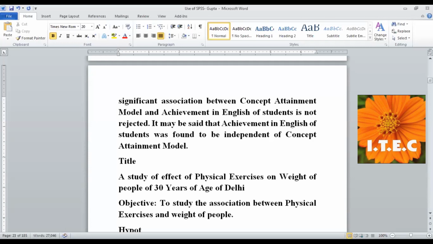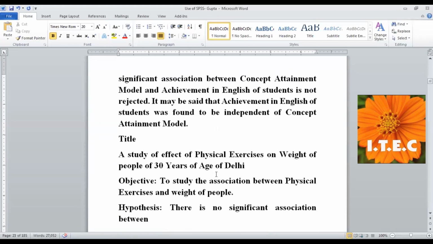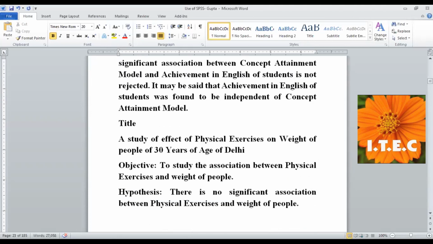Suppose my hypothesis is that there is no significant association between physical exercise and weight of people. Now what I will do is, I'll go to my